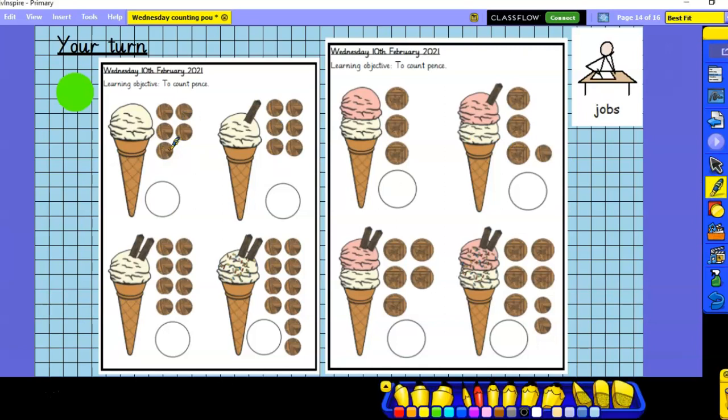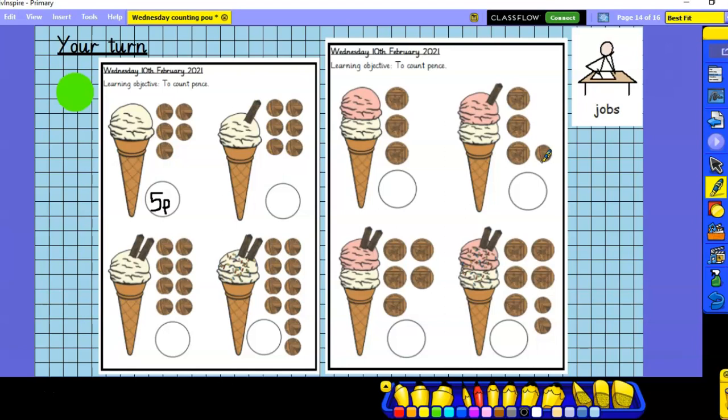Let's have a practice together. 1. This is a 1p, isn't it? So 1, 2, 3, 4, 5. 5 what? 5p. Well done. Moving along. These all look like 1p, so I'm going to leave you to it because I don't want to distract you. But look, these ones are 2p's. So you will have to count these in 2s, these in 2s,